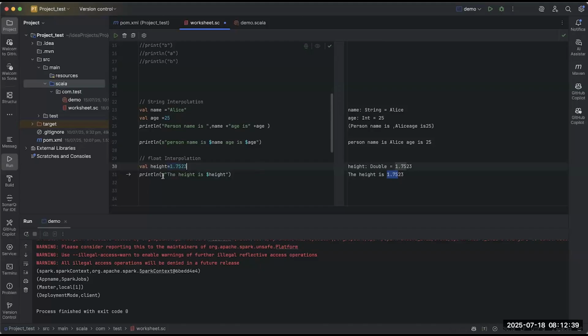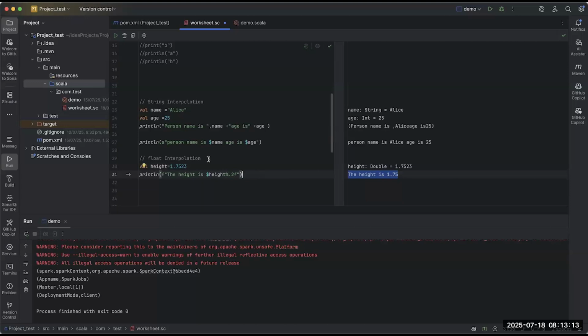So in this case, instead of writing string interpolation, you will use the float interpolator. After writing this, you will tell it how much you want, like till what decimal places. To define that, you will use something like this: percentage dot 2f. So I want up to two decimal places. So it will give you the result with just two decimal places, right? This is just the printing style.